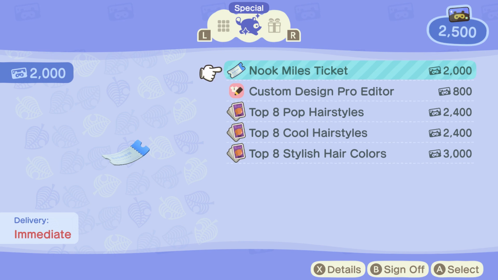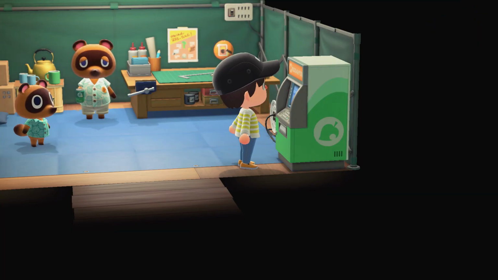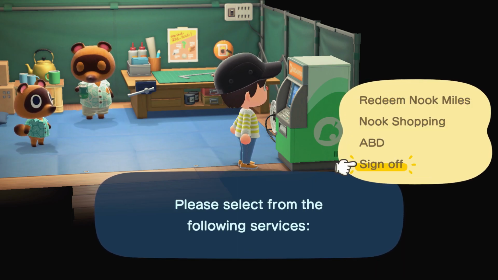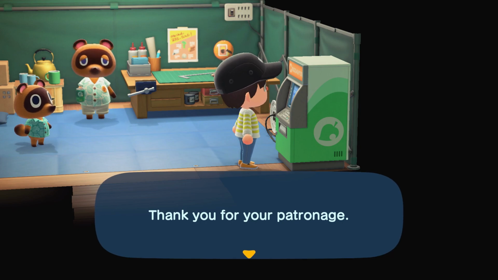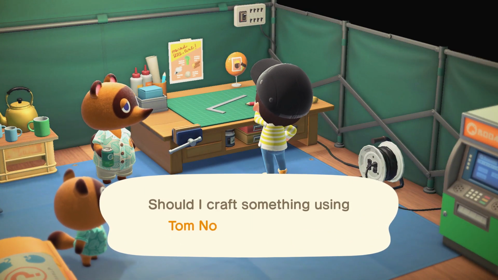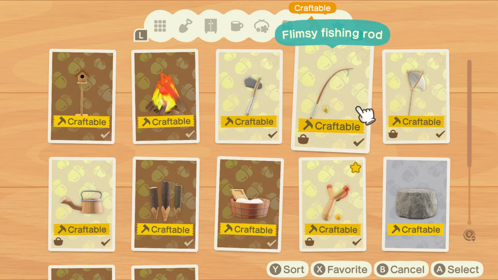So the 3,000 Nook points one was like a DIY project. A big thing in this game is making basically kind of like a crafting table, similar to Minecraft, and it's found in this same place that Tom and his son Timmy are at. So you go to this workbench, you go, let's craft, right? So if you buy this thing that's 3,000 Nook points, I think it's called